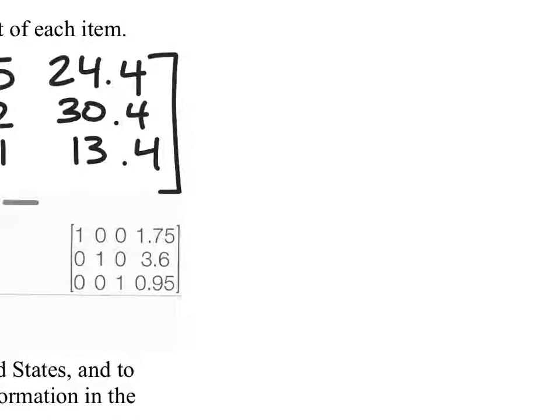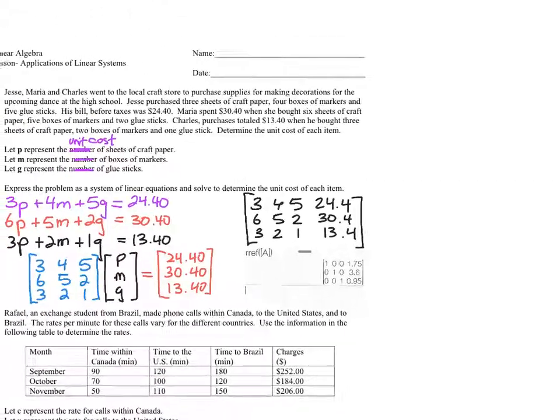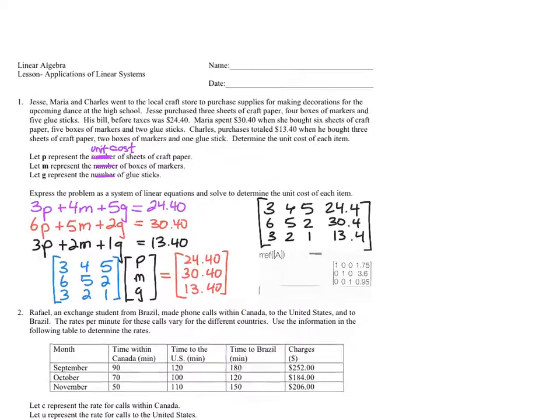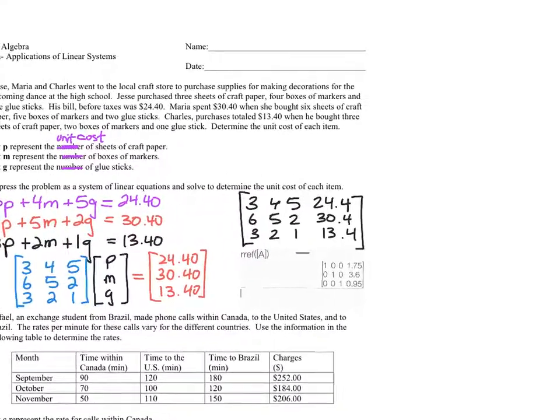we have, and again, like I was saying before, this is a vectorless solution. We learned all about homogeneous vectors and all that stuff. You could write this as vector PMG, I think it was, is equal to vector this, that, and the other thing, but what does that tell anyone? If somebody wanted to know how much all this stuff costs and you showed them a vector with these values, they're not going to be thrilled, right? So they gave you the question in words, you're going to give the answer in words. So it's paper, you could go paper, markers, and glue sticks if you want,